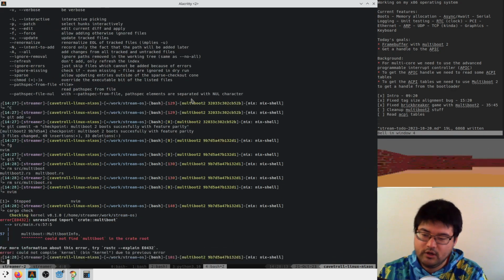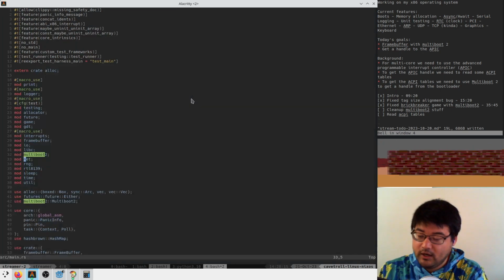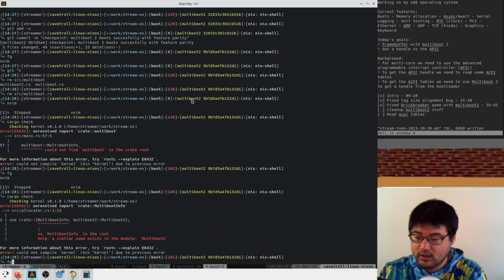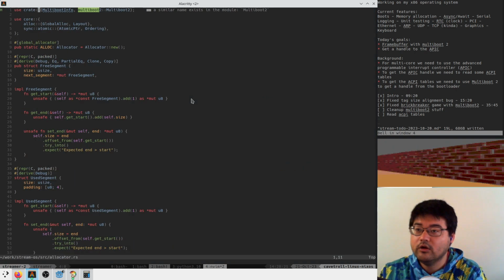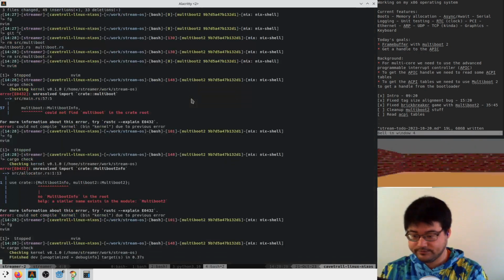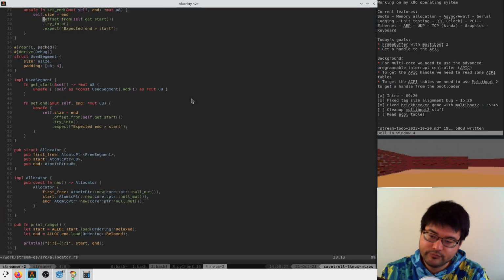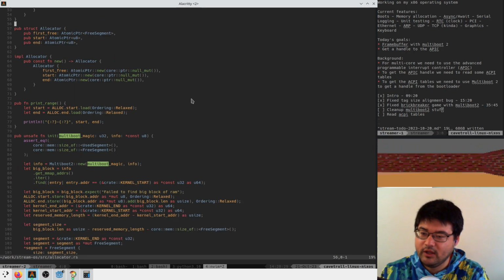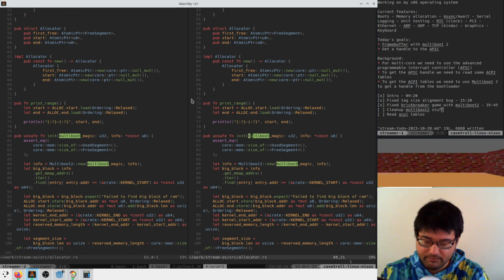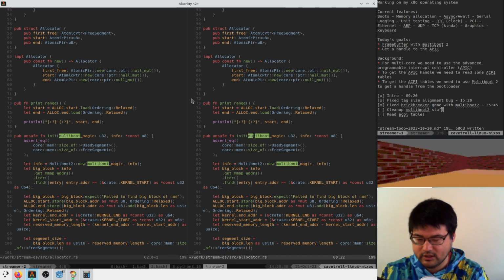We'll cargo check here. In main, we're trying to use something that we don't need, and in the allocator, we're also trying to use some stuff that we don't need: multiboot 1. Great. When we're passing our allocator the multiboot stuff, we're initializing the multiboot 2 thing directly here, which we shouldn't.